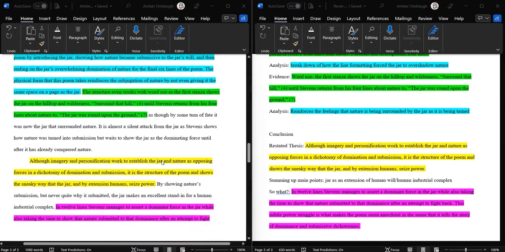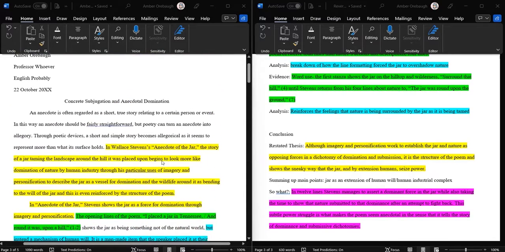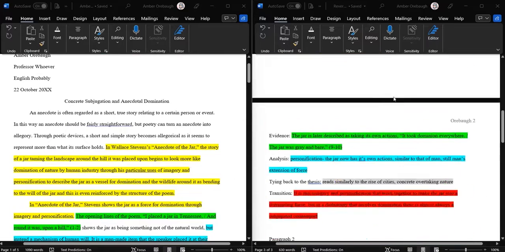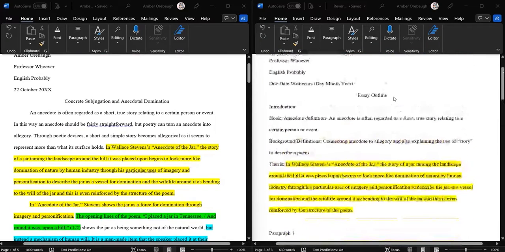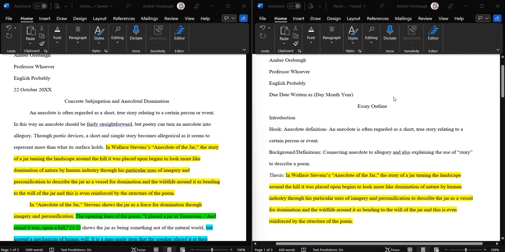And then from that, what I'd like to go back up to is our introduction, right? So we didn't really talk that much about our introduction. We just jumped straight into the thesis. Some things that people get a little freaked out about is how to do a good introduction, right? We have a great video on here already about that. But one thing I would want to remind you of, I have a hook here, right? I'm using the definition of an anecdote as my hook.